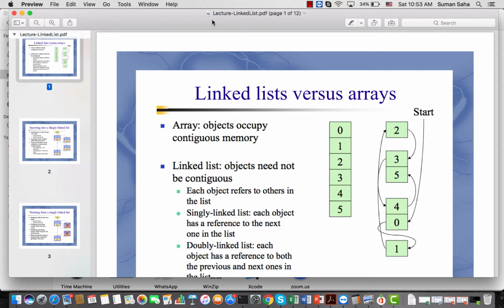Now we also have seen that a linked list is basically a set of nodes. So you will have several nodes, and those nodes build a linked list. Today we'll see how we can implement a linked list, how we can insert into a linked list, and how we can delete from a linked list. We will also see how to search for something in a linked list. So let's start with